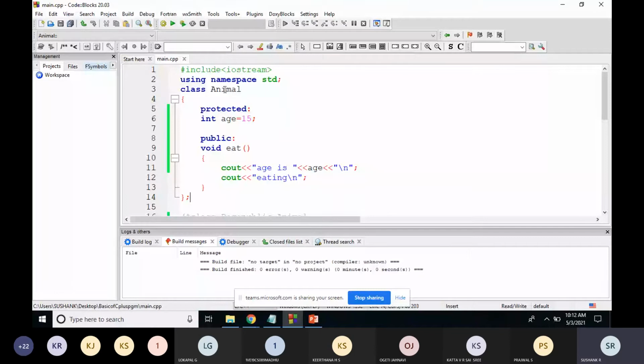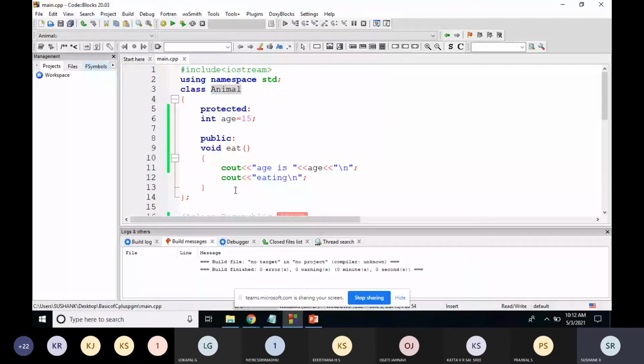That means if you have made a variable protected, the class in which it is declared can access it, and the derived classes which have inherited this class can access it too.